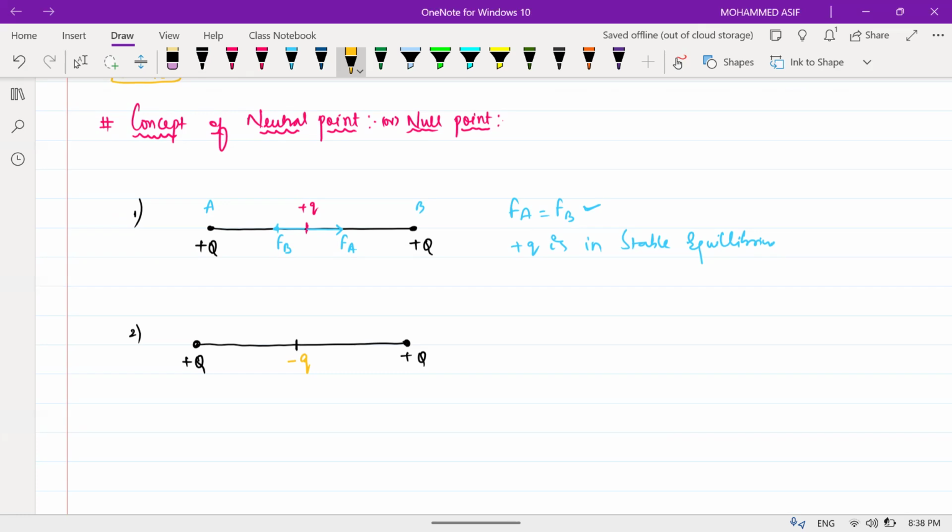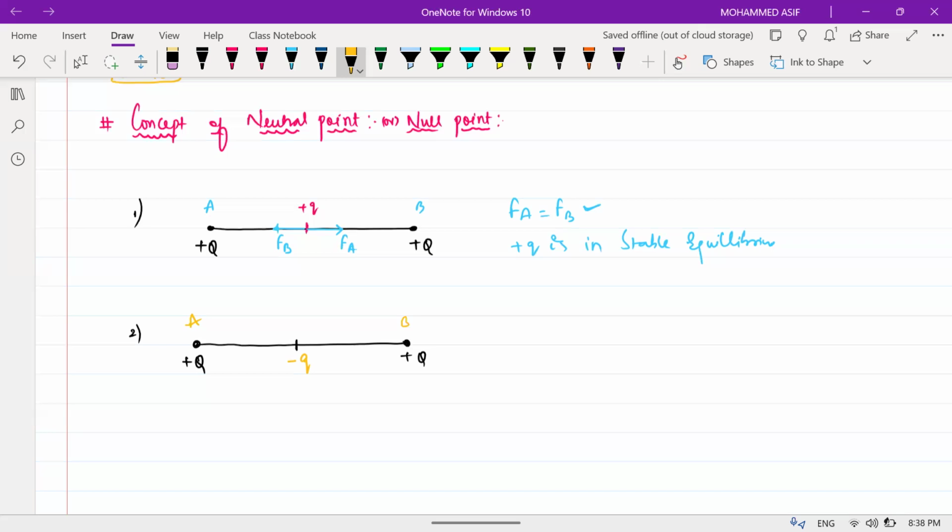Plus Q and minus Q. But then at the ends it is still plus Q and plus Q. So equally they both will attract the minus Q. This minus Q will try to drift towards A, or it will try to drift towards B, because it is not positive now. So negative means it will try to get attracted towards the plus Q, or towards plus A,